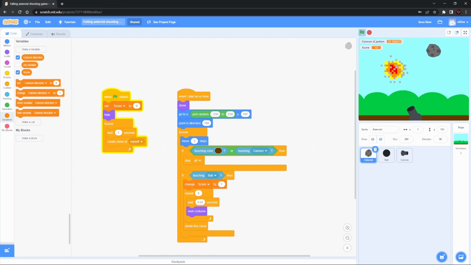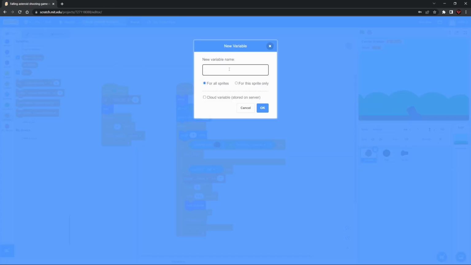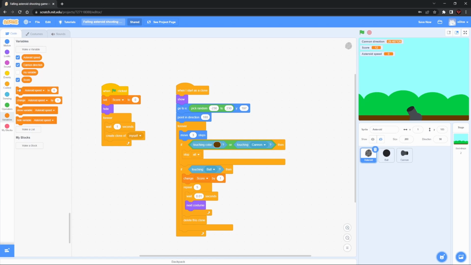Now we're almost done with our game, but what I would like to do is make the game a bit harder because it's kind of easy. So I actually want to make the asteroids go down a bit faster as the game progresses. So to do that, I'm gonna create another variable, and I'm gonna call this variable asteroid speed. And I'm gonna make the, so we're in the asteroid sprite here, and I want this asteroid to move with the asteroid speed,